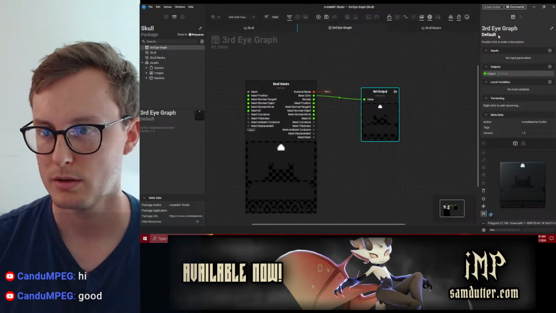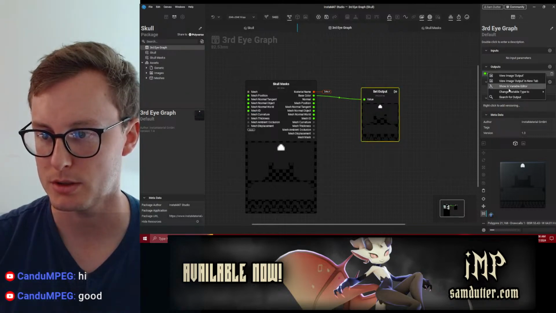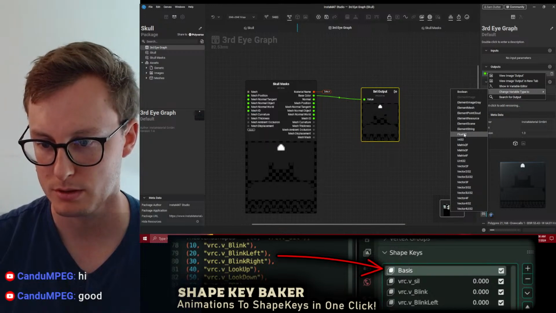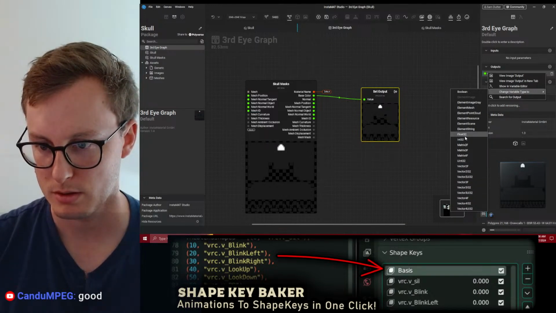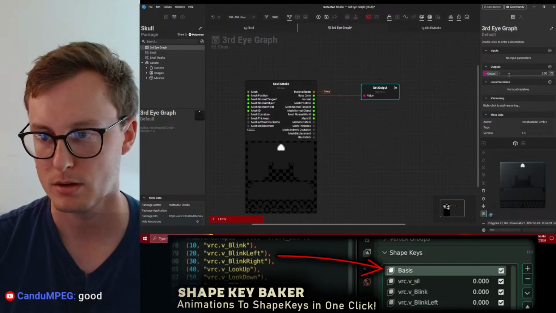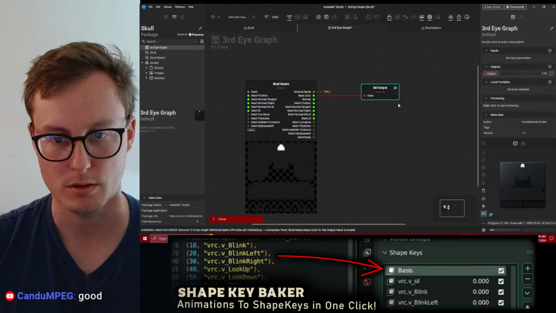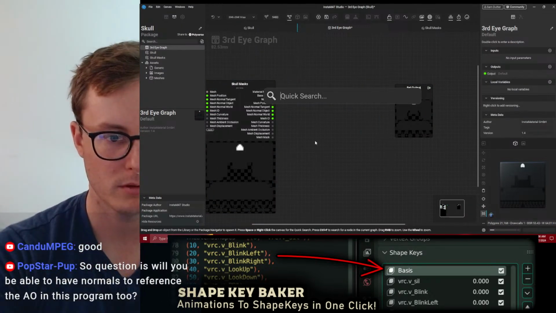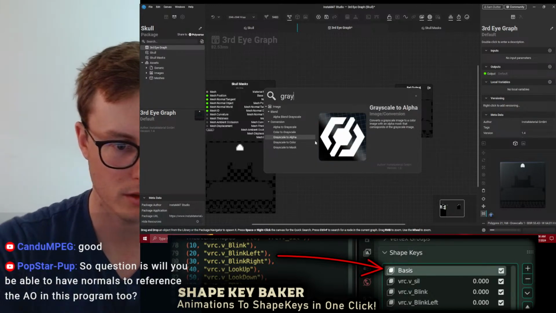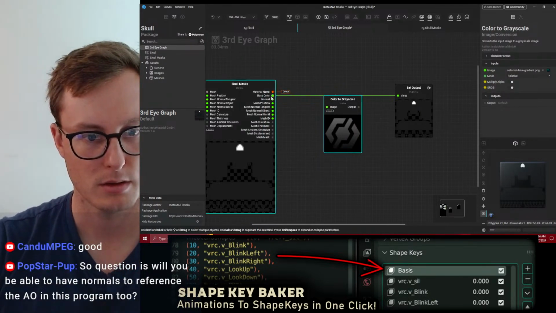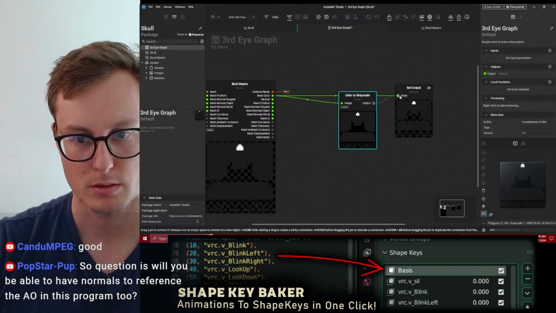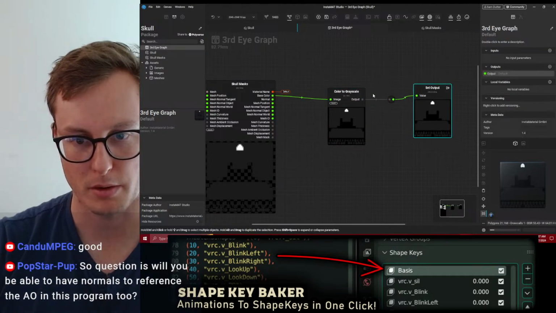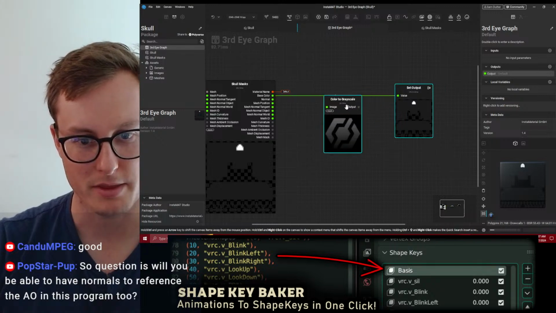Here, got our graph. How do I change the input? Change variable type to, here we go. Just a float. Or no. Maybe grayscale, color to grayscale. And then it converts it back to color. All right, so not that.